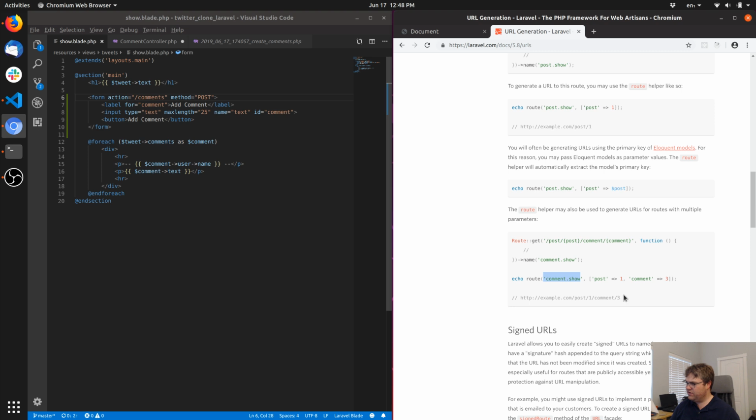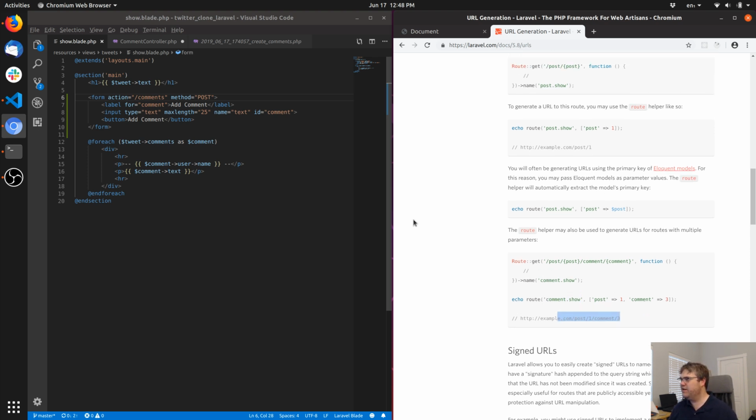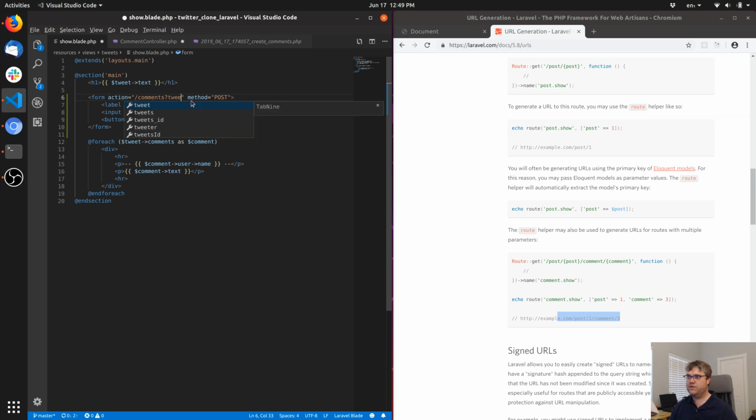Yeah, and it's not going to exactly where I need to go. So I'm not going to worry about it. Let's just do it the way we know how to do it. So form action comments. We're going to do question mark comments question mark tweet ID. We can do tweet ID